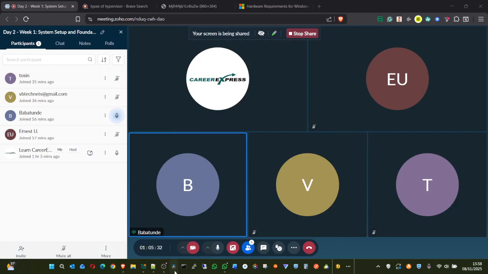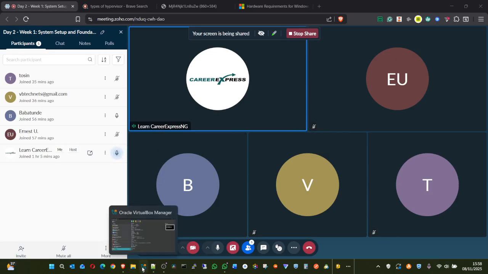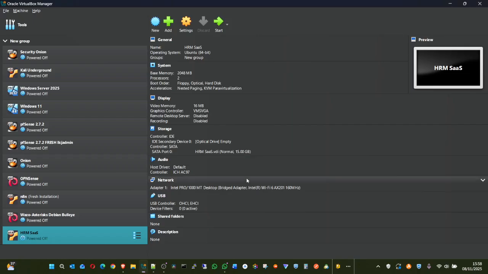Oh, okay, going right. Because I didn't mount it outside the VirtualBox. That's what I mean. Oh, you need to mount it from the beginning from the VirtualBox. So is it outside the VirtualBox? I'm trying to understand. Okay, after installing, let me show you the best way of doing it.